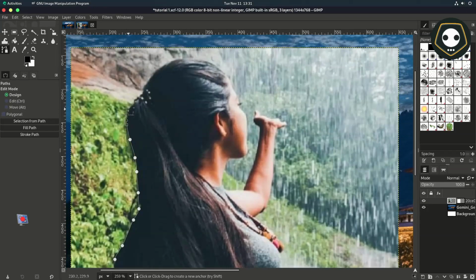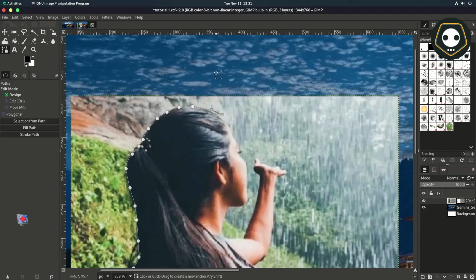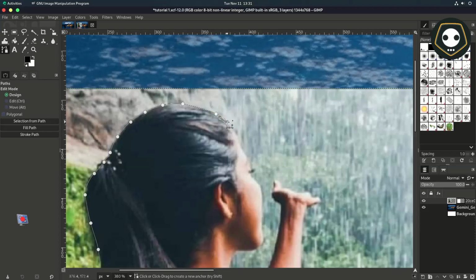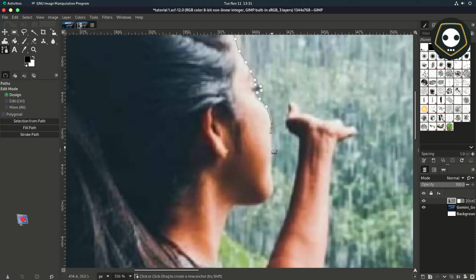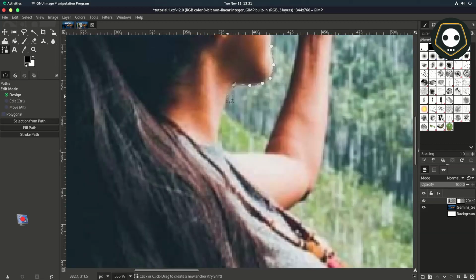First I block the character, invert the selection, and then I will fill the background with black color to make the background fully transparent.